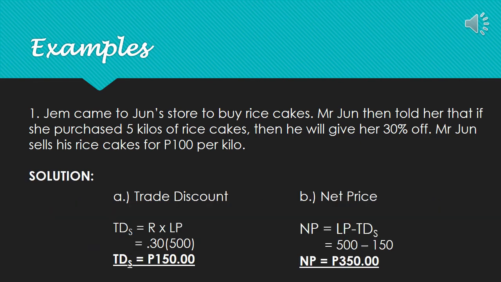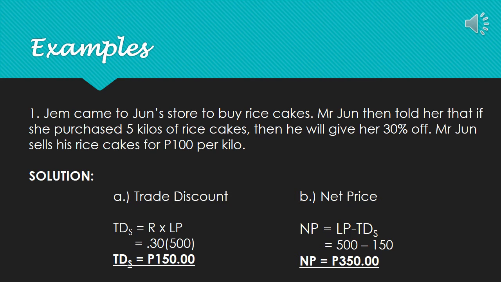So in finding the single trade discount, we have TDS equals R times LP, or we have the discount rate multiplied by the list price. So we have 0.30 times 500. Then we'll get the single trade discount, which is 150 pesos. So ibig sabihin, yung makukuha ni Jem, kapag bumili siya ng 5 kilong rice cake, from 500 pesos, mababawasan siya